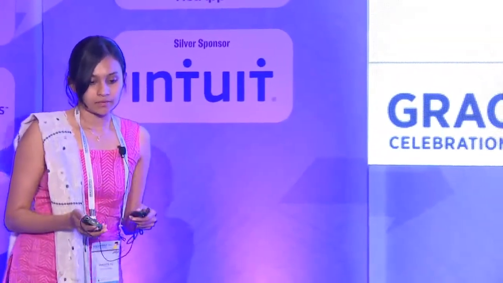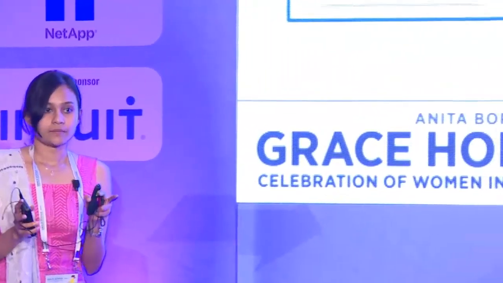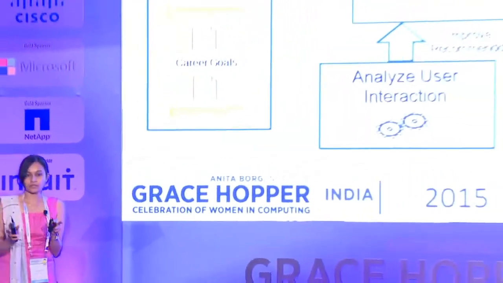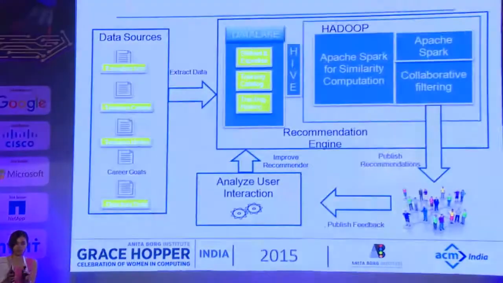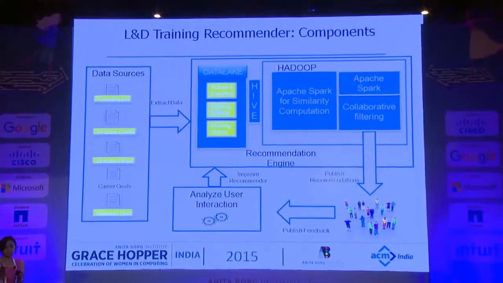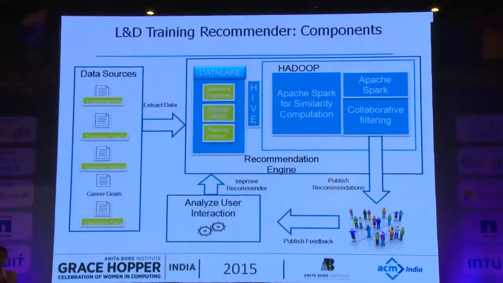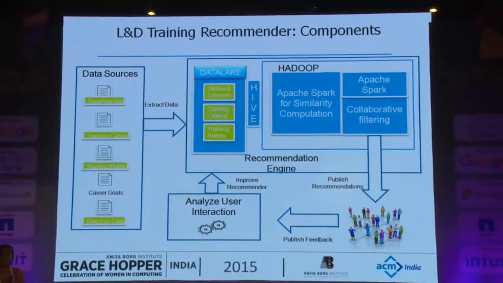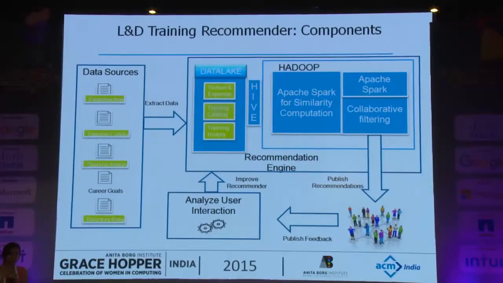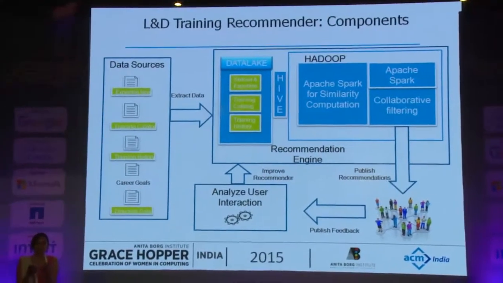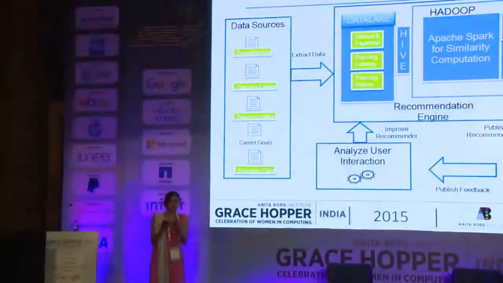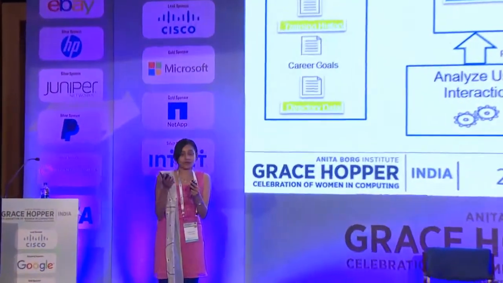So this diagram basically talks about pretty much everything that forms part of this recommendation engine. First and foremost, you should be looking at the data sources that you have. And the data sources that you have will help you understand which approach you should use for your recommendation engine. Since we have all possible data sources, when we talk about a company, you are pretty much open to all the history data of the employee, which training he or she has taken in the past. So that information you have.